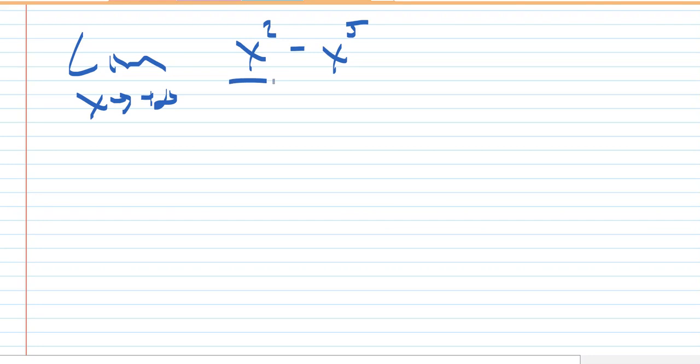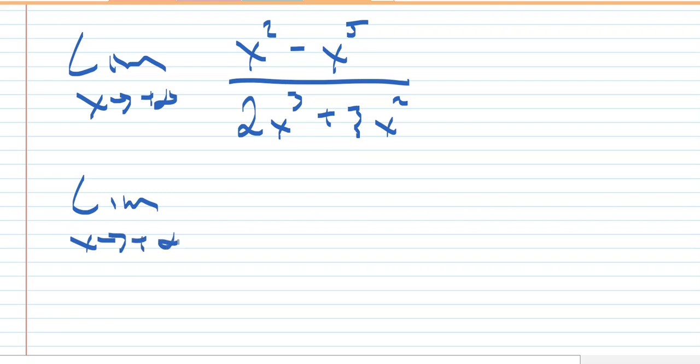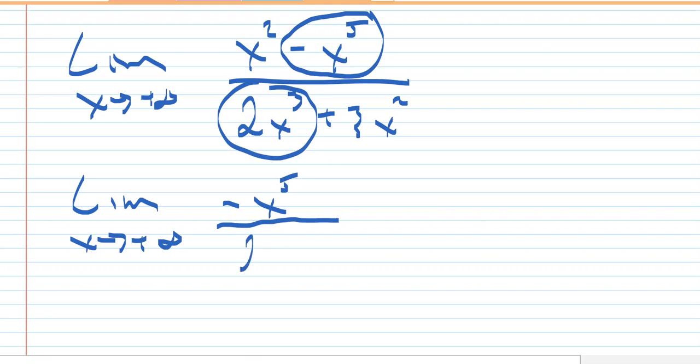Let's do one more. Let's say we have the limit as x approaches positive infinity of x squared minus x to the fifth over 2x cubed plus 3x squared. All right, so let's just look at the dominant term in the numerator and denominator. Limit as x approaches positive infinity, that would be this one. Don't forget the minus in front of it. Minus x to the fifth. And down here, it would be 2x cubed. Well, this then simplifies to the limit as x approaches positive infinity, because these x's can cancel, a negative x